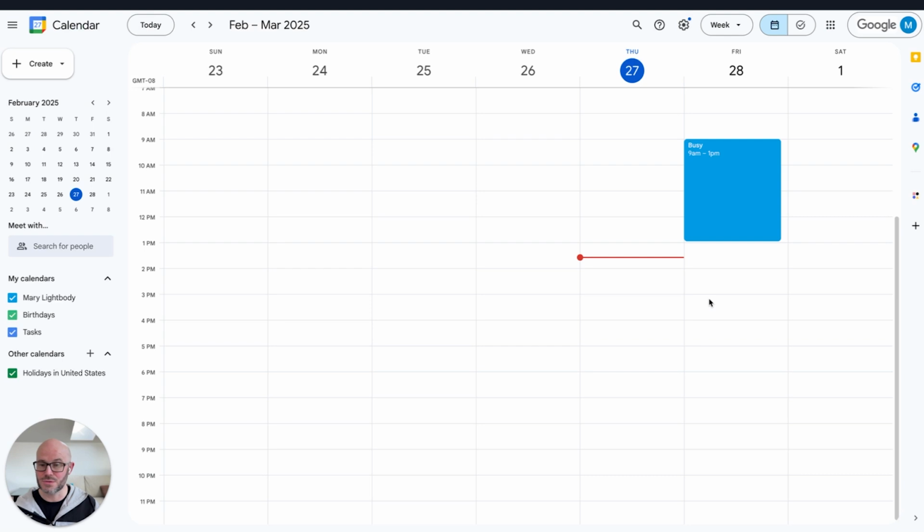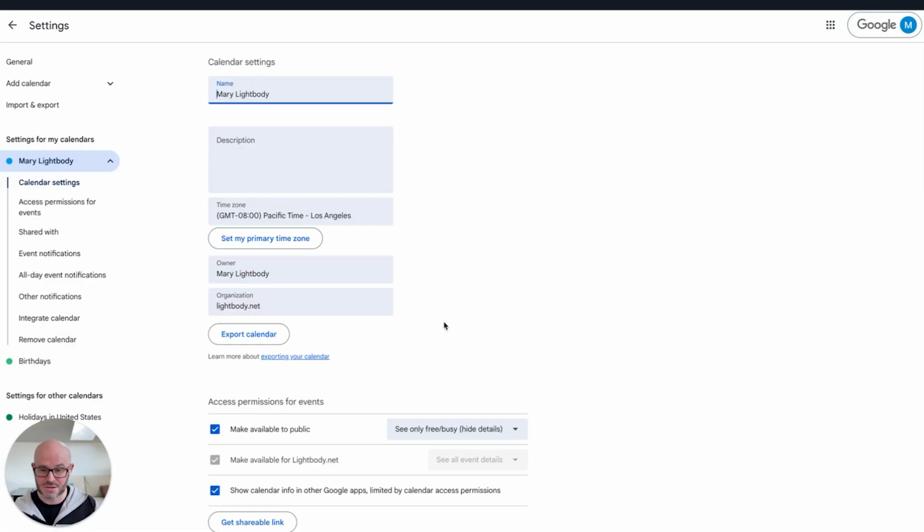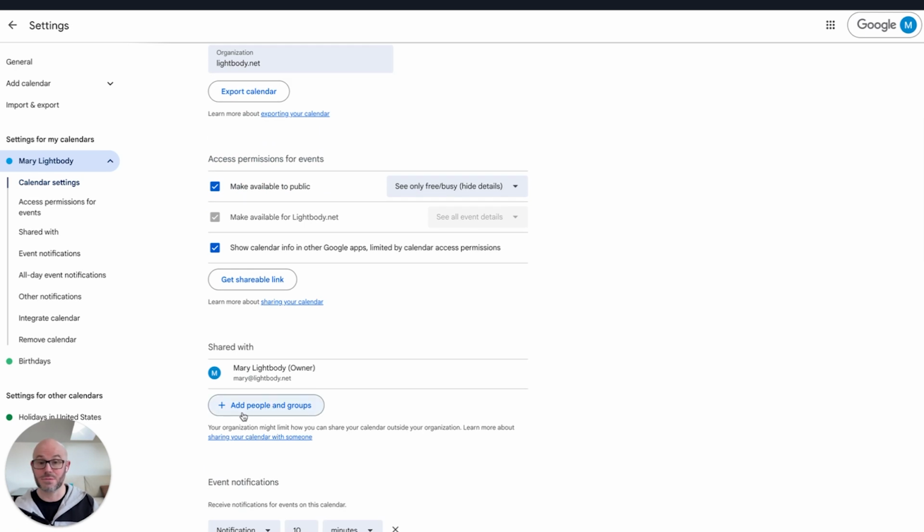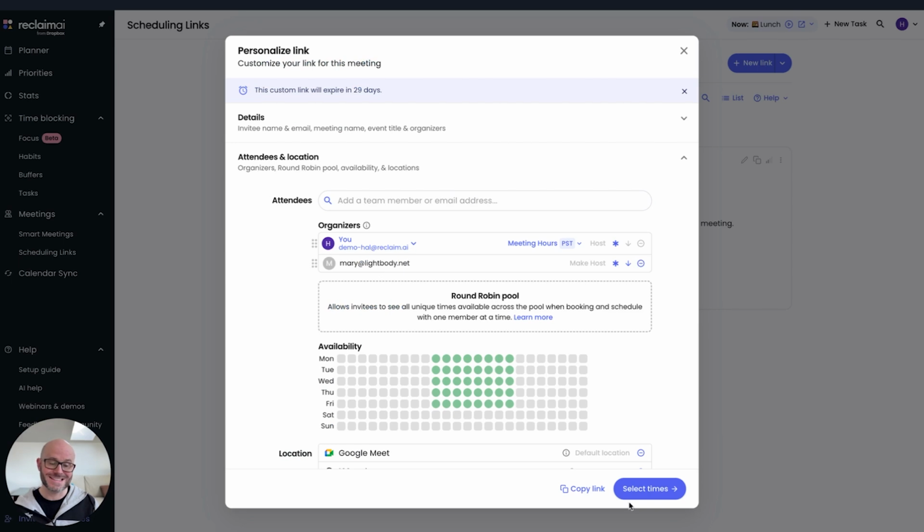Well, let's flip over to that hypothetical Mary's calendar and look at the sharing and availability. What Mary has done here is she's made her calendar available to the public just at free busy levels. She also could have shared it directly with me. In corporate environments, it's really common that calendars are open and at least free busy is available to all coworkers. And so what Reclaim's doing over here is automatically going through my calendar, Hal at Reclaim.ai, and requesting